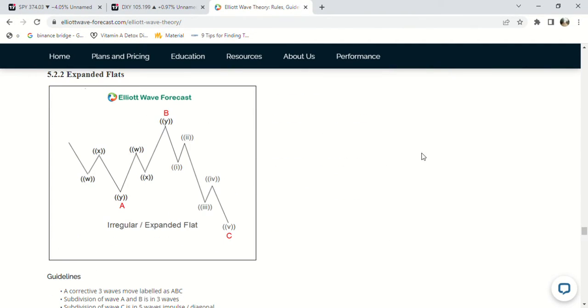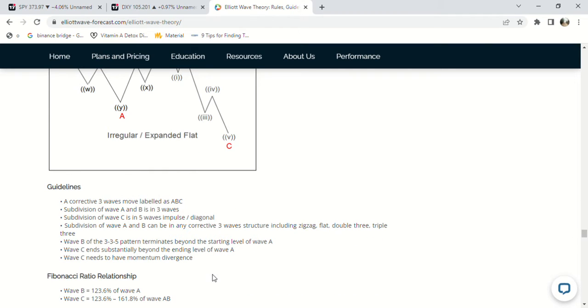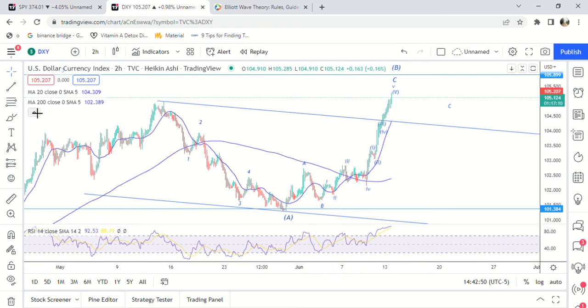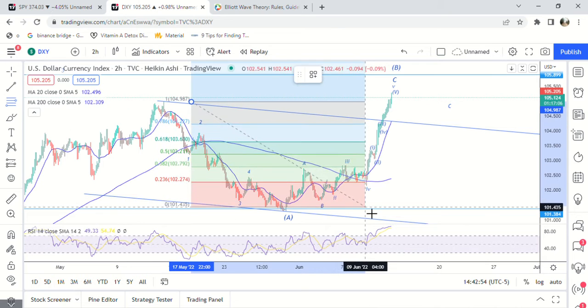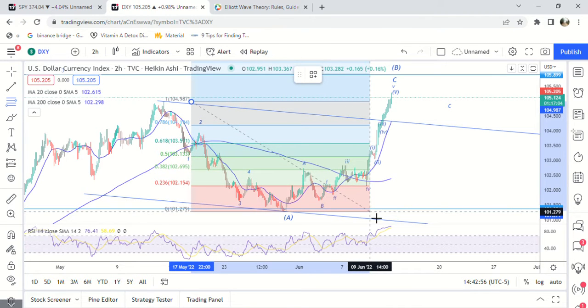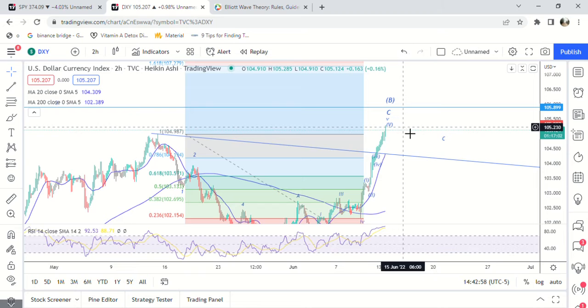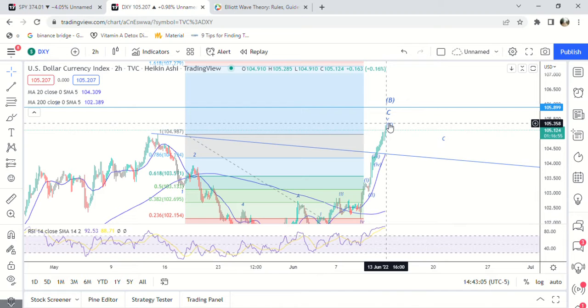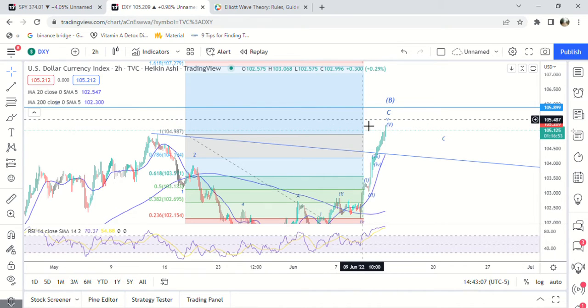expanded flat. So we have the A wave, and the B wave goes 123% of the A wave. So let's see where we're at on this. And it's not quite 123%, but it's gone past the A wave, and that's all that matters. So if that's right,